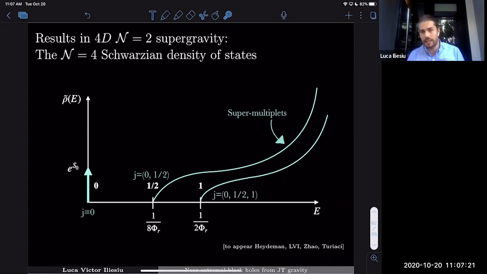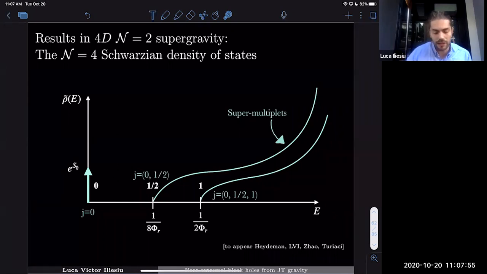And very importantly, the density of states contains a theta function, which shows that things are non-zero only when they reach this energy level. And finally, there's also a supermultiplet containing j equals 0, 1/2, and 1 that starts at a slightly different value. And beyond that, there are supermultiplets containing even higher and higher spins. Here, I just plotted the supermultiplets that contain black holes with zero angular momentum.